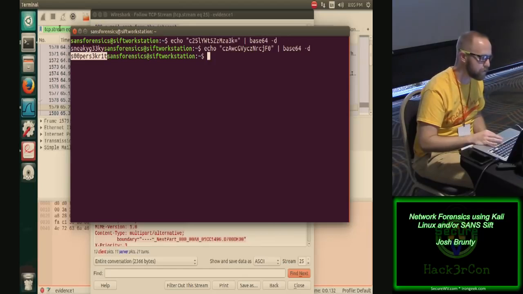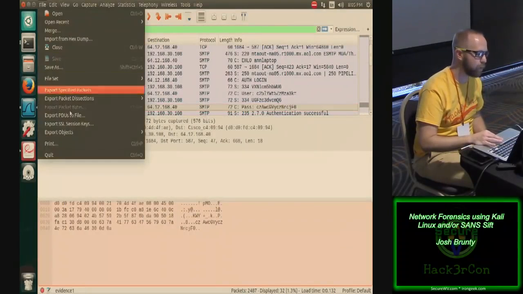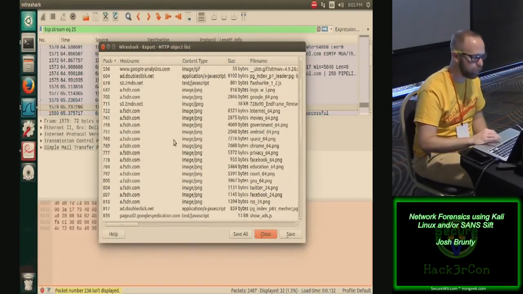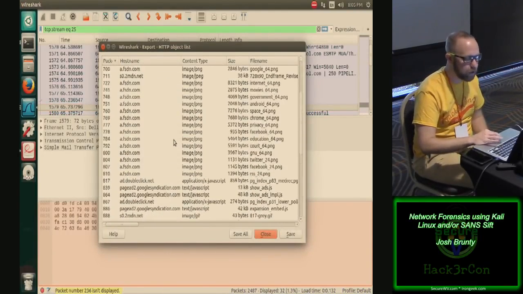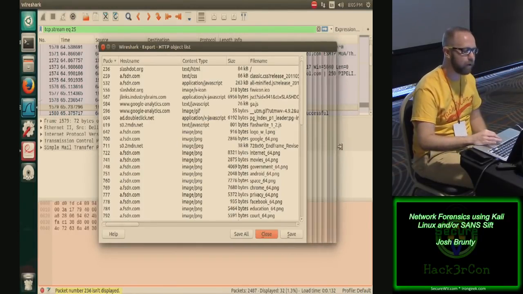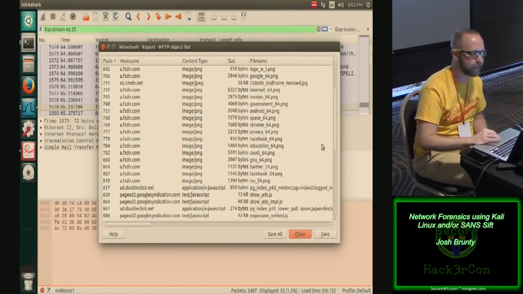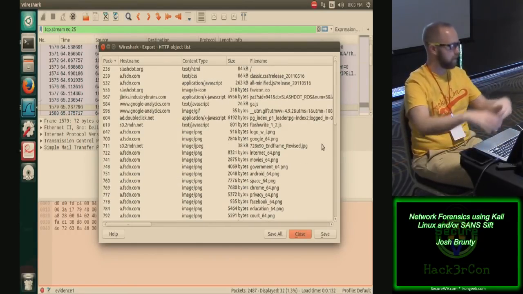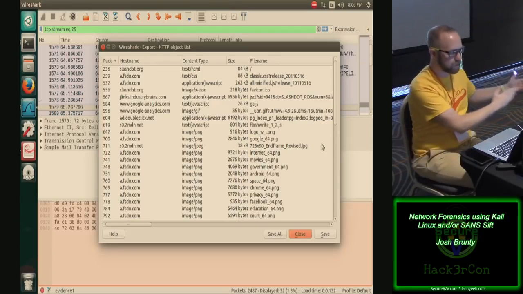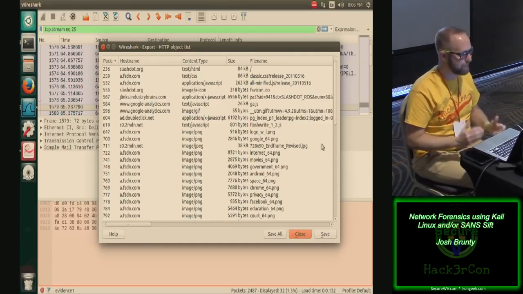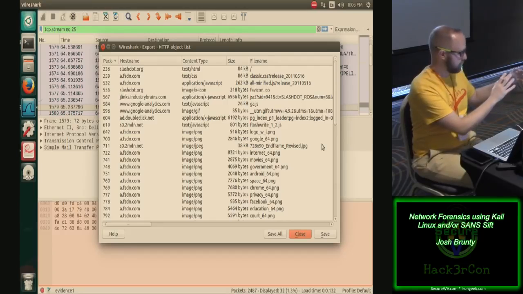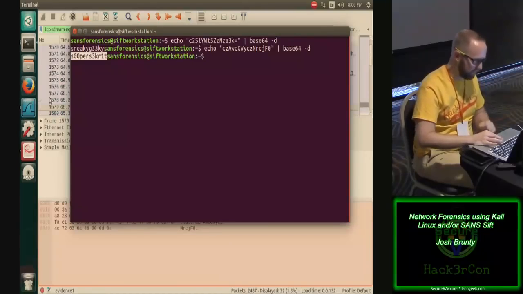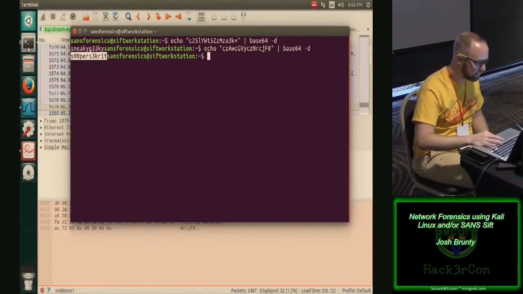Now, as we saw yesterday, you can export objects out. You can export HTTP objects. So you can go to File and export those out, but I don't see anywhere in there where the attached email document is located. It'll extract images and other stuff out of HTTP and HTTP formatted documents, but it does not take out things that are attached in emails. So what I want to do is go back to my terminal here,